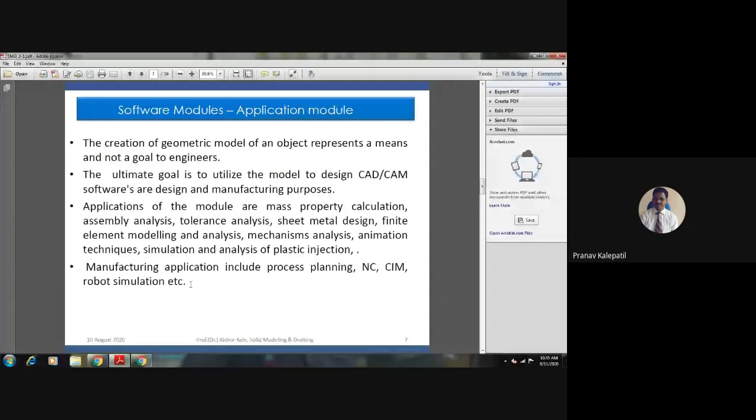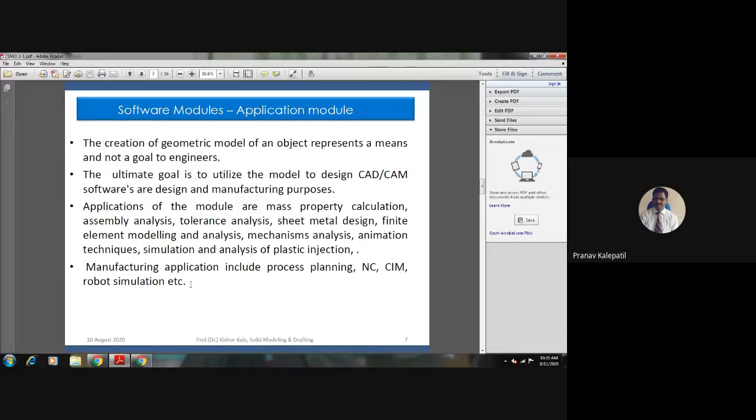So our goal should not be to create a model. What to do with the model? It's of no use unless and until it is being used. It is used for some purpose. So the creation of a geometric model of an object represents a means, a means for something. That means it's a representation, not a goal to engineers. It should not be our goal.